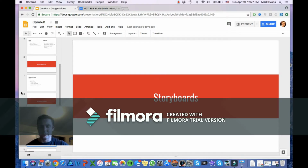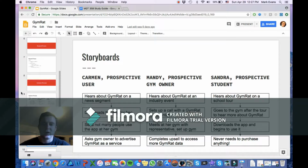Then we built out some storyboards. How did we actually communicate with the people within these customer personas? With Carmen, she hears about GymRat on a news segment. She downloads the app for free. That's extremely important to remember. The app from the customer side is free, because rather than being a typical buy-this-and-then-you-have-all-this-access product, we're